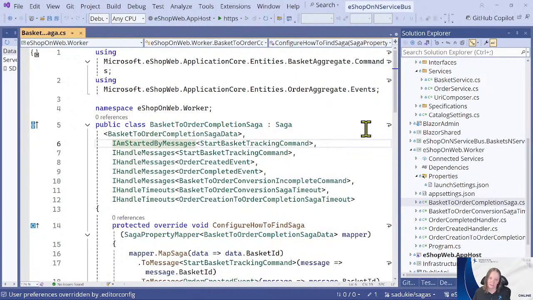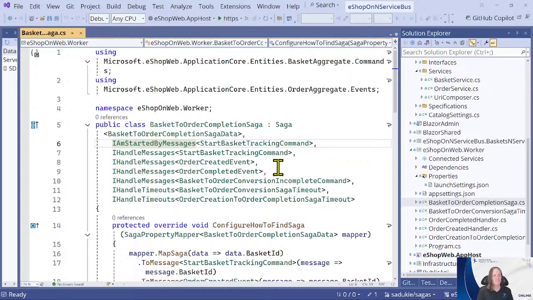How does the saga get started? Well, in this case, it's started by the start basket tracking command. Now, our saga also handles other commands and events along the way, so we put those in here too. So we have IHandle messages for the start basket tracking command, order created event, order completed event. We have the basket to order conversion incomplete command.